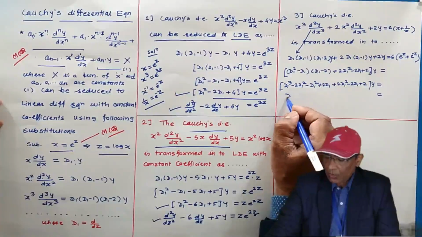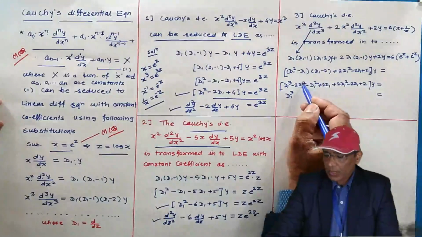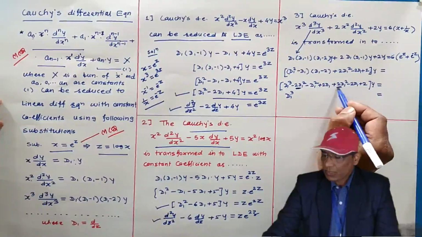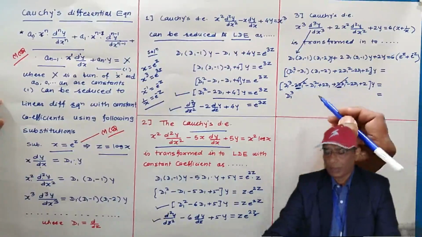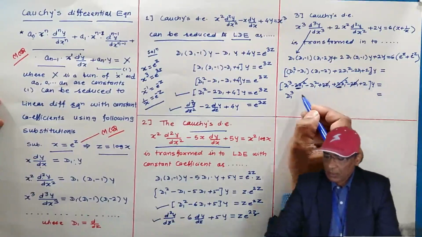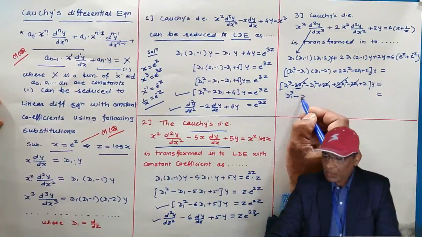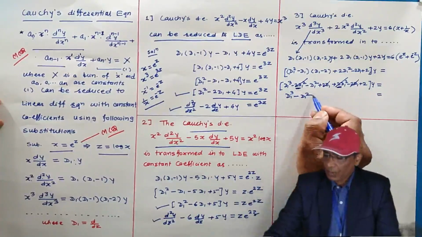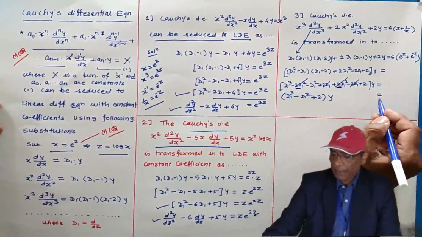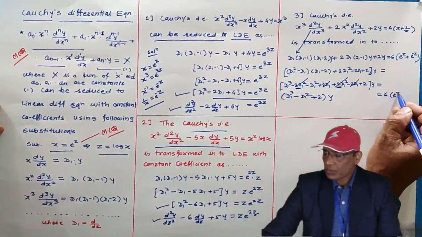Now highest order term is d1 cube. Minus 2d1 square, this term, and plus 2d1 square, this gets cancelled. 2d1 and minus 2d1 also getting cancelled. So what is remaining now? d1 cube minus d1 square plus 2 of y, right hand side is as it is. So this is the correct option you have to choose.